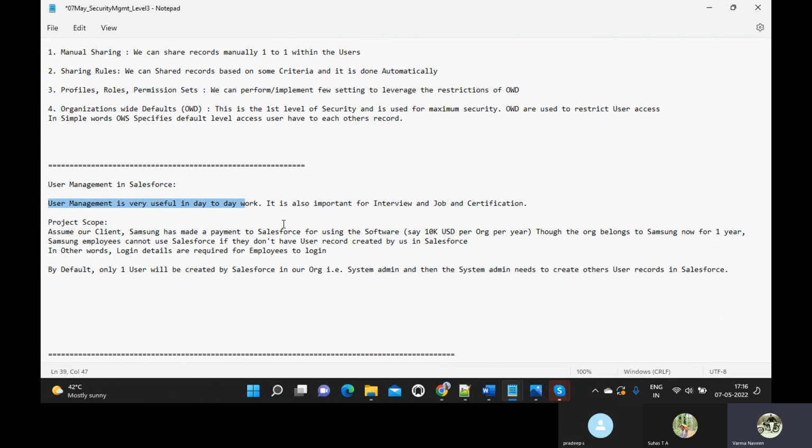User management is very useful in day-to-day work. It is also important for interview and certification purpose. Okay. Now the requirement is, see, we have created our own user record for practicing purpose, right? Now say